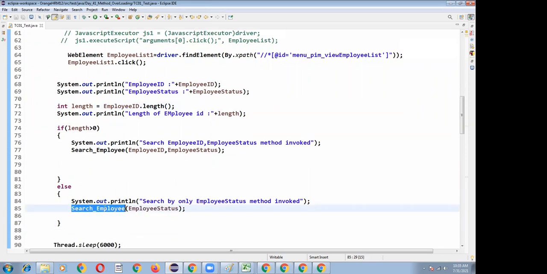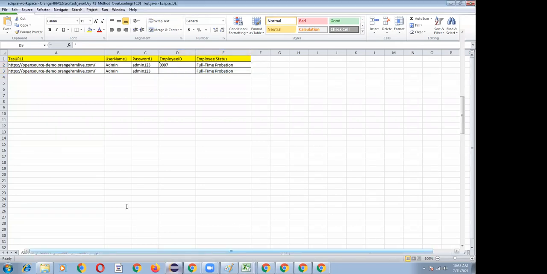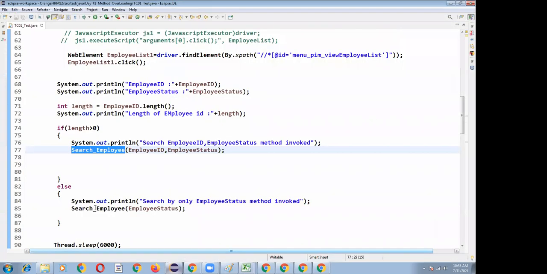By default, I want to call this method, and if the employee ID has been given, I want to invoke the other method. So during my first iteration, which method will be executed? This one. During my second iteration, my employee ID length will be 0, so it will go to the else block and this method will be executed.